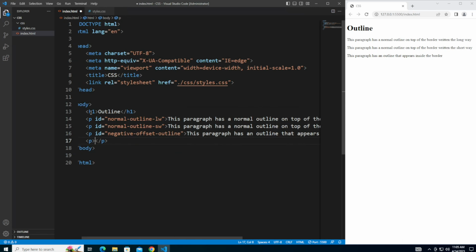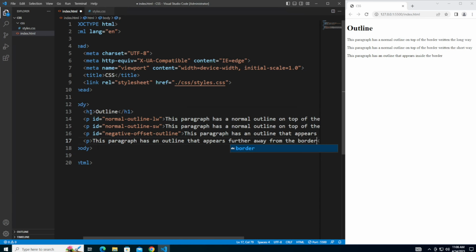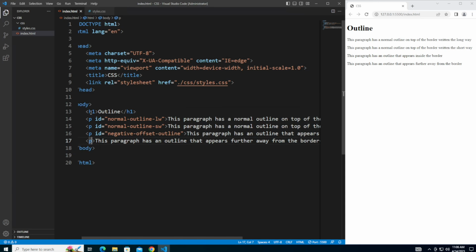Then for the last paragraph, I'm going to say this paragraph has an outline that appears further away from the border. And for this, I'm going to give it an ID of positive offset outline. Then over in the styles.css file,